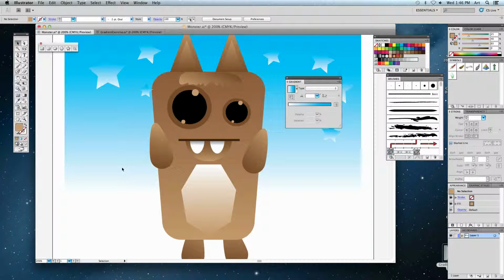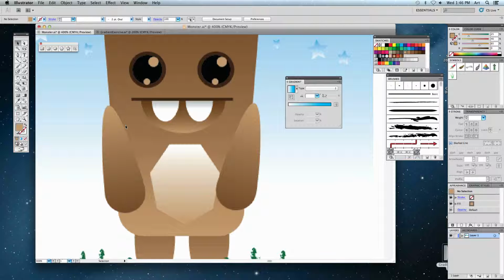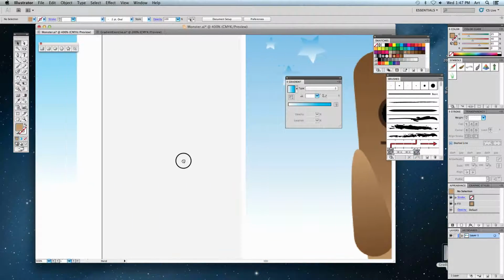The second thing is how his mouth is created. This is one I want you to pay attention to. Notice that, I'll go back to my original. His mouth is made up of 4 different parts. You've got a straight line for the top of his mouth, and then you've got 2 half circles for his teeth, and 1 half circle for the bottom portion of his mouth. So when you create this one,